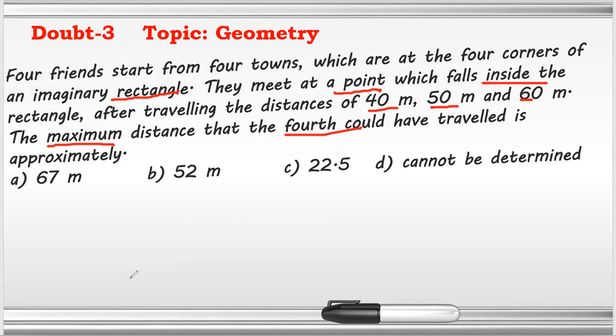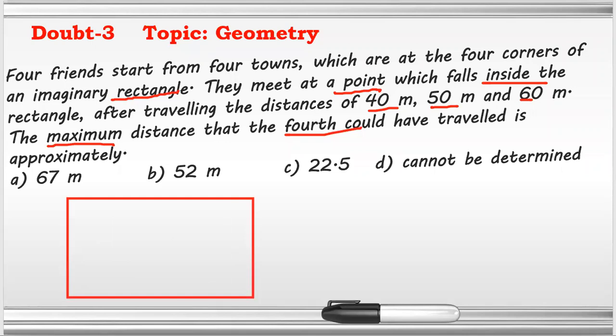Now in this, we have not been given the order of who is starting from which vertex. But let me draw a rectangle first. They must be at these four corners. A simple logic says if I want to travel the maximum distance, this particular guy must be facing the person who is traveling the smallest distance. This guy, whose value I need to calculate, must be facing a person who should have traveled the smallest distance, because he needs to travel the maximum part.